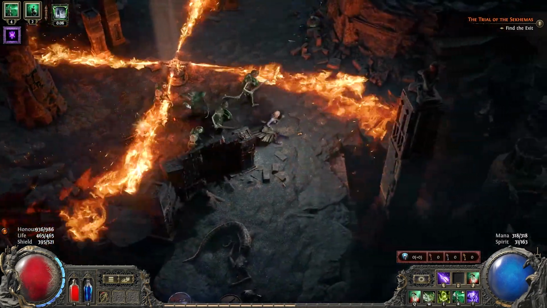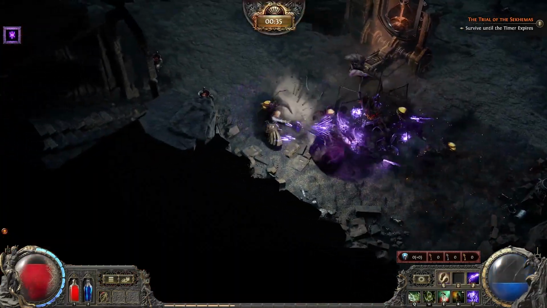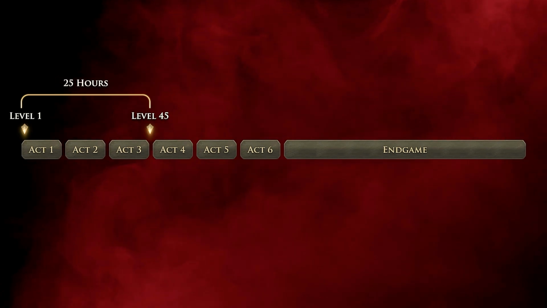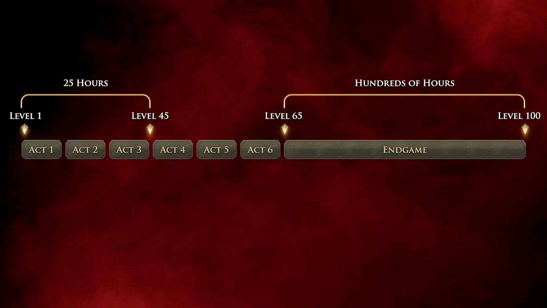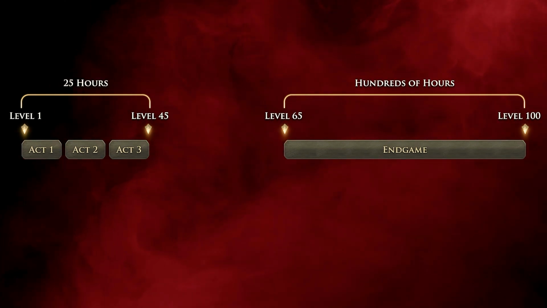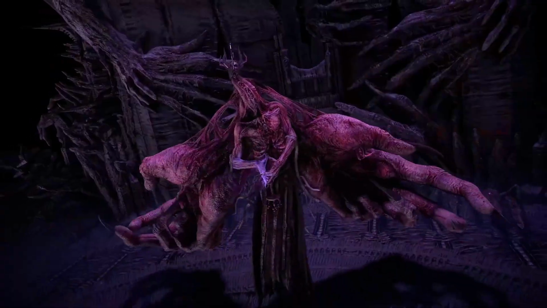There are multiple types of trials with new ones appearing over time, allowing you to switch between them or try them all. In terms of the game's overall structure, there were originally 6 acts, but the developers have scaled this down to 3 for early access. The early access phase includes a 25-hour story with 50 bosses and 400 different monsters, but this will expand significantly